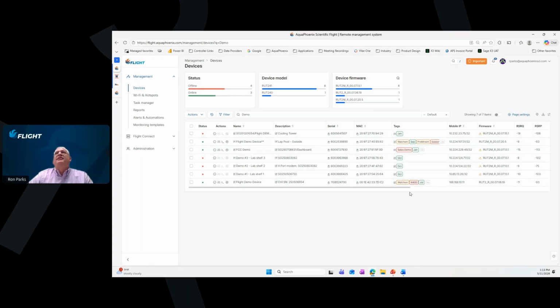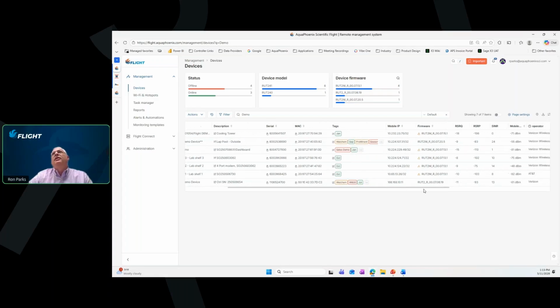There are tags on the modem. So we do things like identify renewal dates for modems, so you know when renewals are coming up. Have an idea of what types of industrial controllers might be connected to your modem. Anything that would make sense in your environment, we can tag it to help you organize your information. Along with that,